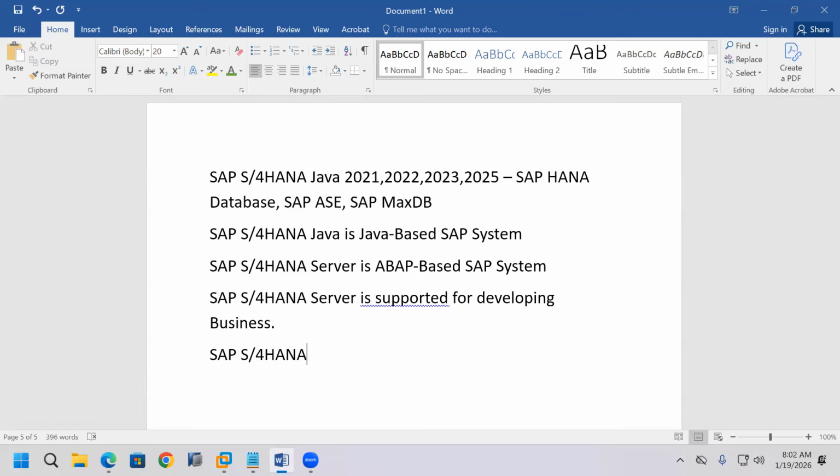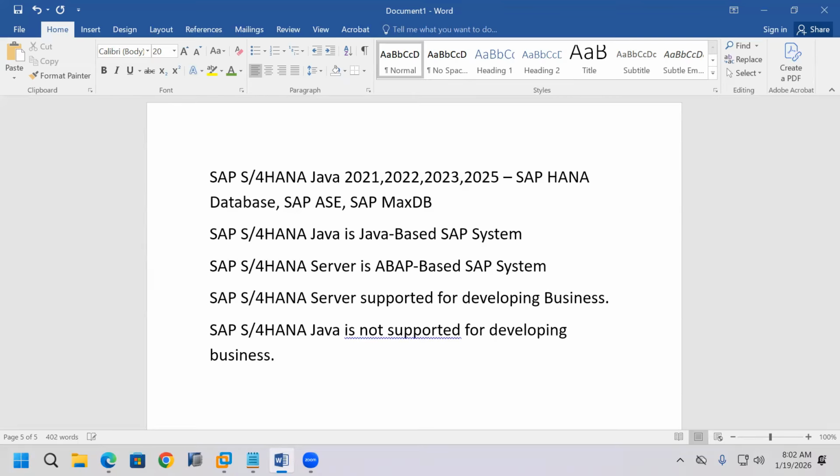That means in SAP S/4HANA Java system, it is not possible to develop business. So in SAP S/4HANA ABAP system only, it is possible to develop business. So SAP S/4HANA Java means supporting like that. Okay, just we don't want to know that one. Okay, now